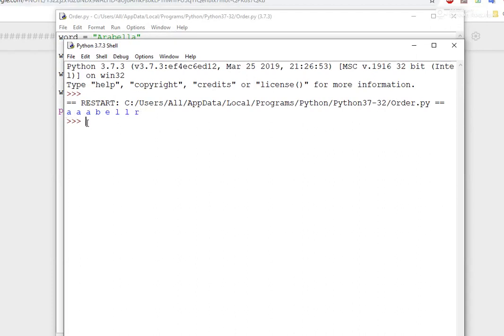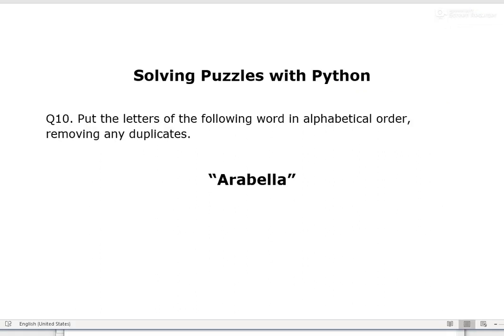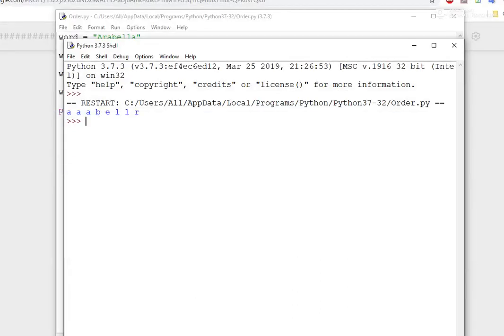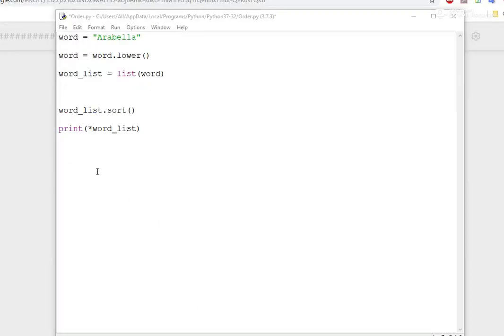Okay, so we've solved our problem other than the final bit, the icing on the cake bit, removing any duplicates. And as I said, we're not doing any processing. We are just going to rely on the characteristics of another data type. So the data type we're going to introduce now is a set, and a set will only contain unique values. It's internal, it's a function,